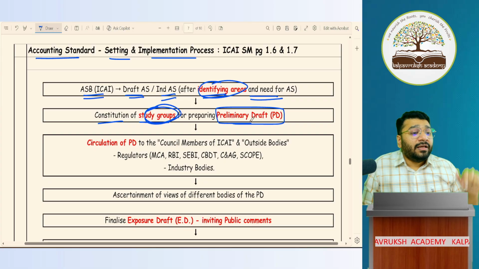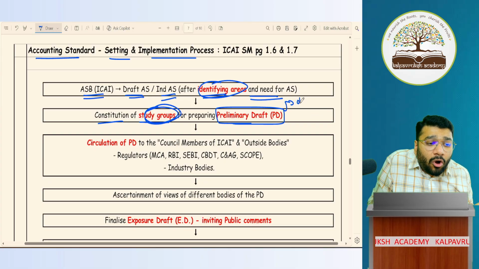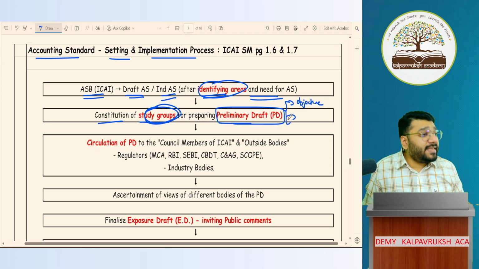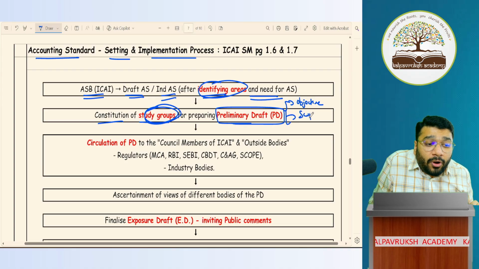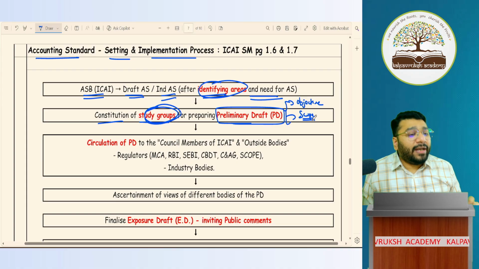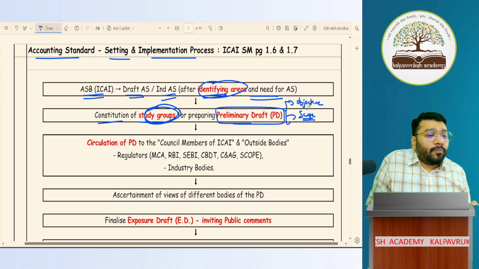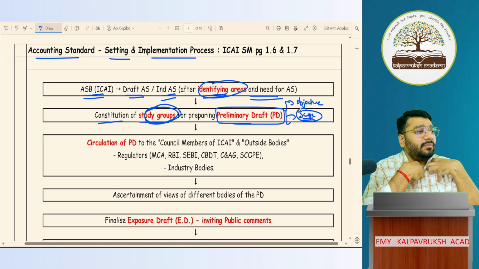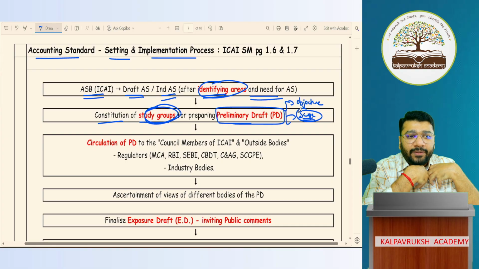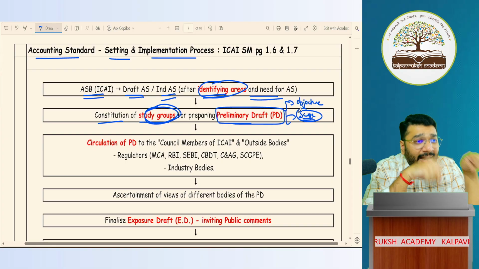This will consist of: what should be the objective of the AS? What is the objective of this AS? Second, in this AS, they'll try to mention what is the scope of this AS. For example, scope of AS means, I told you the other day in regular class, that if I'm into the service industry, I have to record my revenue, I have to record my income. The guidance of this is given in